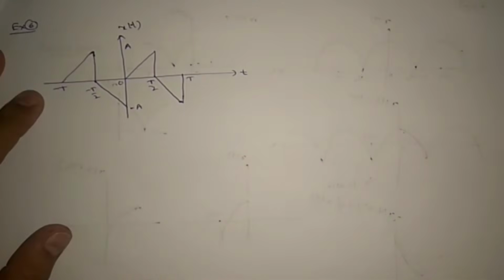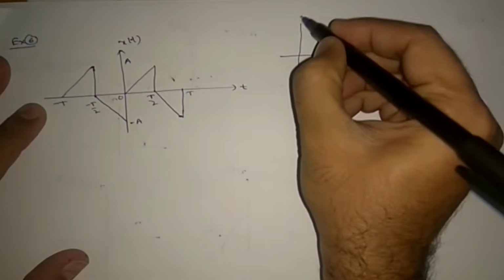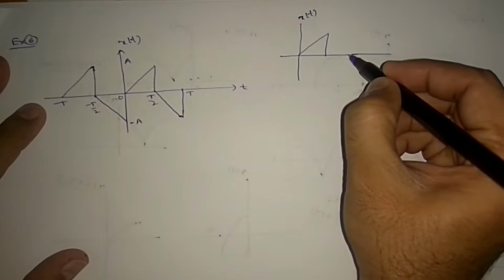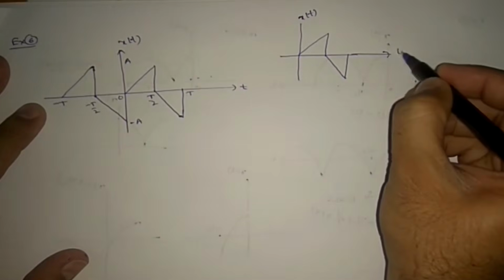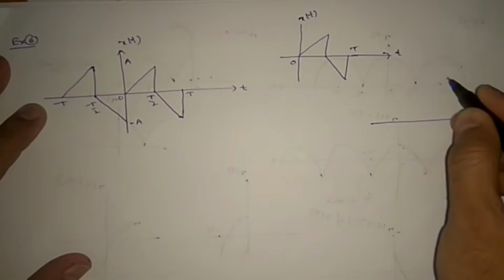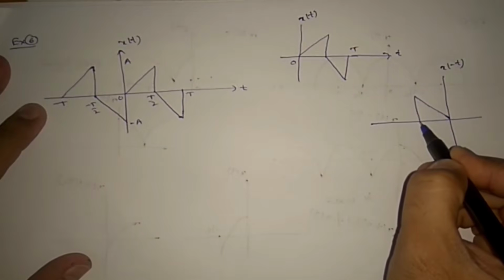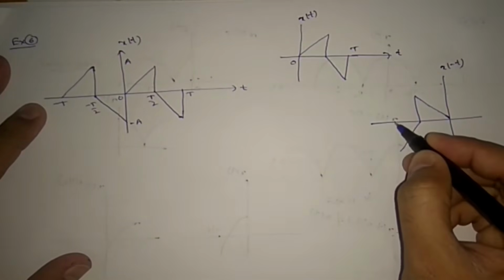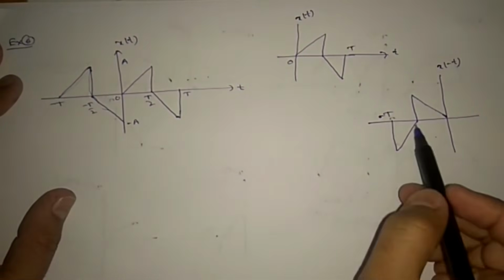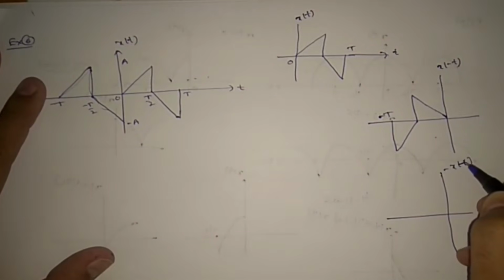Now let us see example 6, whether it is even or odd. Again I will take a one period signal, x of t like this, and this is what, like this, right? So this is one period of the signal, and here I will do time reversal, x of minus t. If you do this, you will get like this, and this one will be like this. We have done time reversal. So is this part the same? No, right? Then go with amplitude reversal, minus x of minus t.